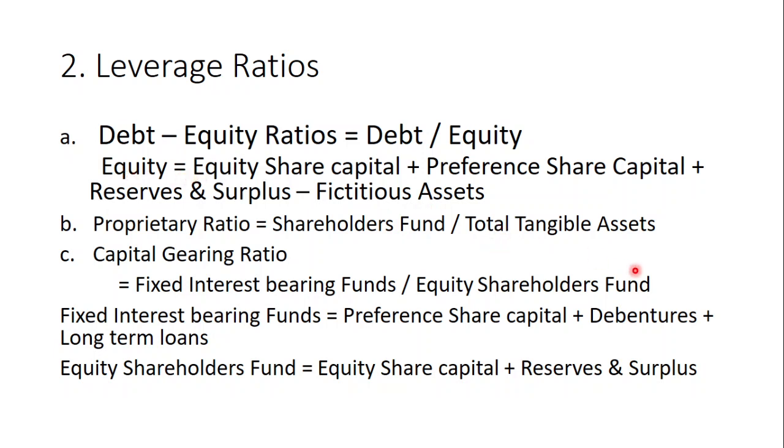So then total tangible assets. What are the tangible assets we have? It's the total. Then intangible assets like patents, goodwill should be removed from the total of the assets. If the balance sheet is given, from the asset side total, we have to deduct the goodwill and such types of intangible assets. Then you will get total tangible assets.